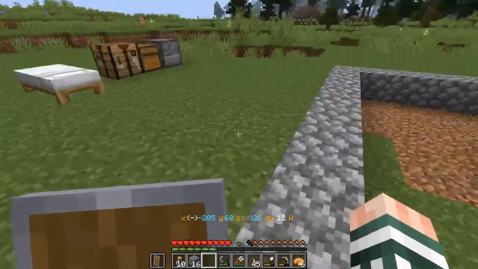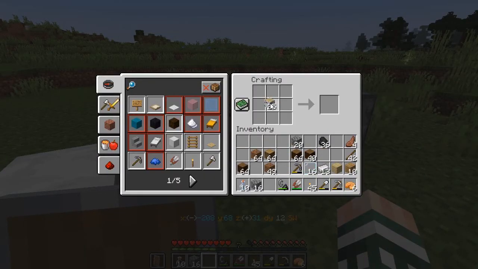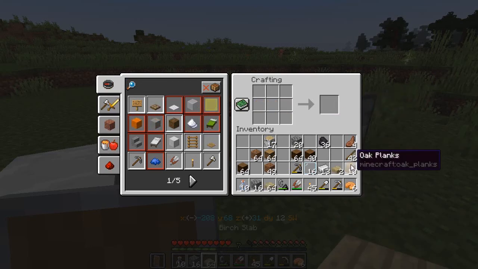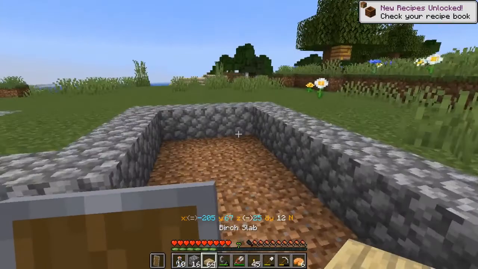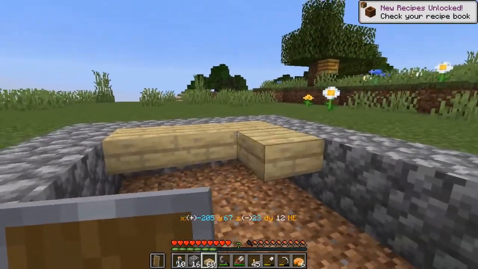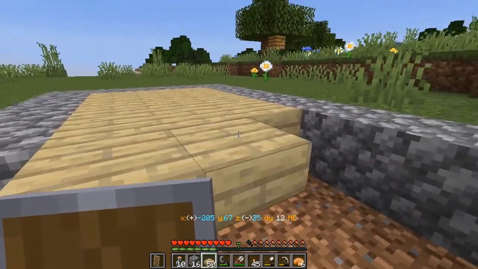I've dug out the floor area, and for the floor I'm going to be using birch. So I gathered a little bit extra birch between the sections. Let's try that. All right, good. So let's then just take this and put this all throughout the floor area, and I'll at least have the flooring for the